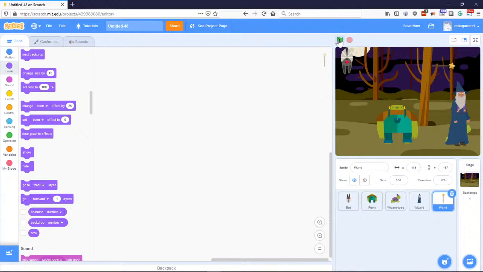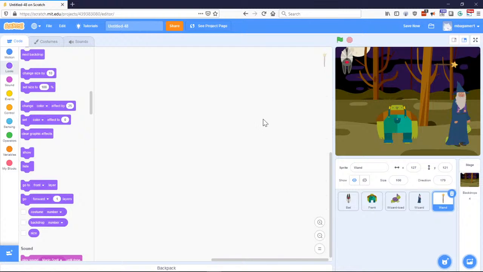Remember when we click the green flag, the frog will actually be invisible. Okay. The only negative part about that is that the frog will not be invisible until you click the green flag. That's the only big trick about this. But there's other ways that you can make the frog not be on screen and stuff like that. Anyway, our goal is that when we click the green flag, the frog disappears, and when we take our wand and touch the wizard, he will hide, and then the frog will reappear. Okay,